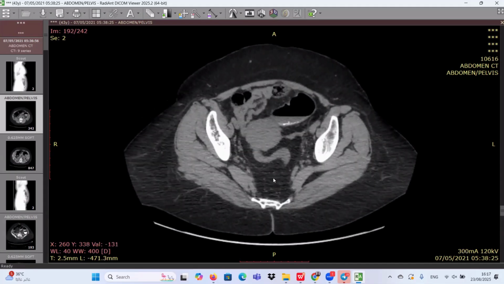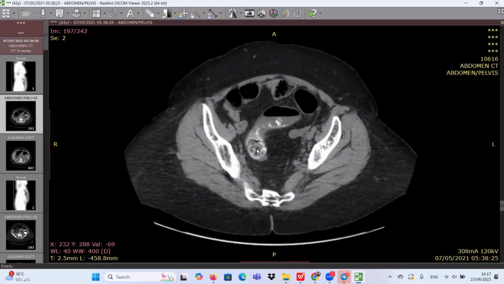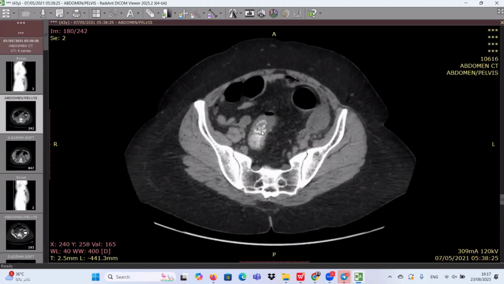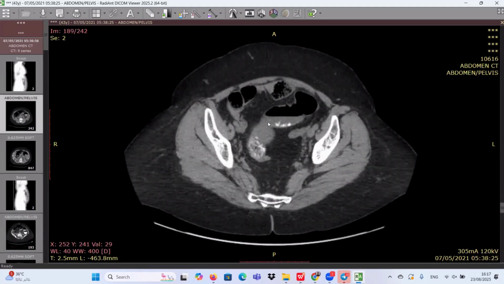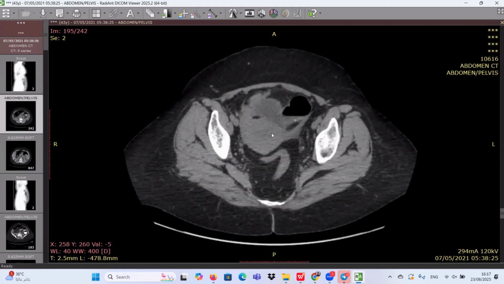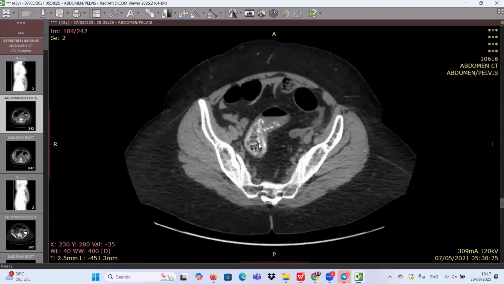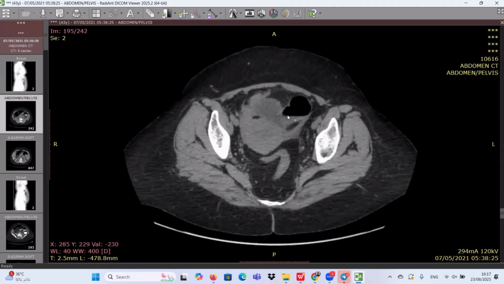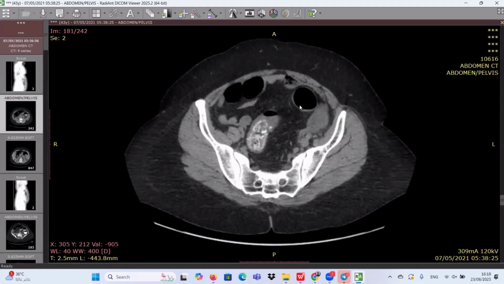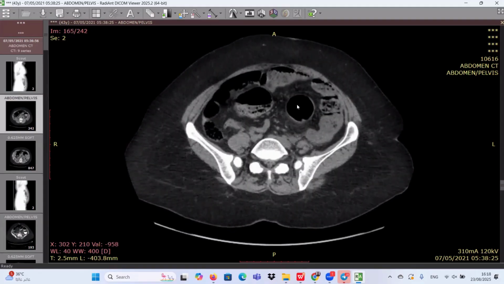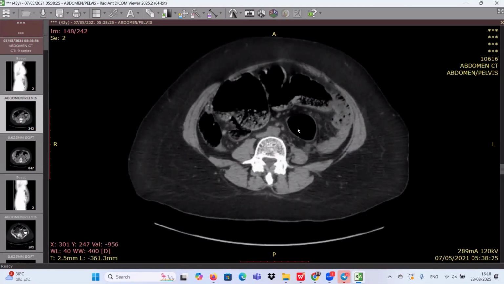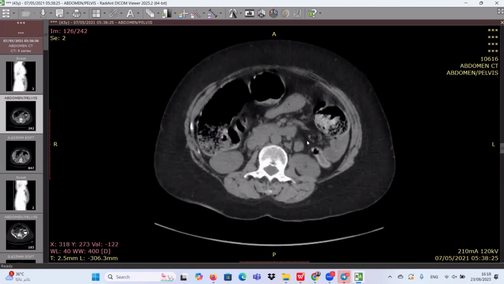Sir, the rectum is collapsed, and then as I go into the sigmoid colon, I have a suspicion of some. Okay, sir, I'm scrolling it, and sir, now in the portion of the sigmoid colon, there is dilatation seen, and then as I scroll it further,